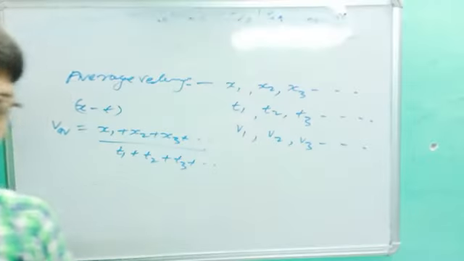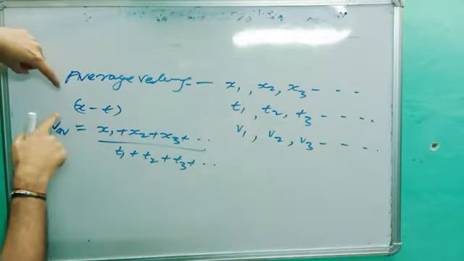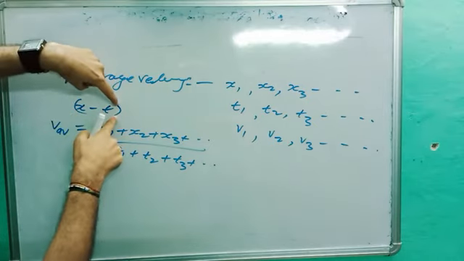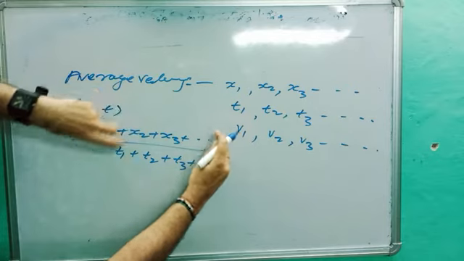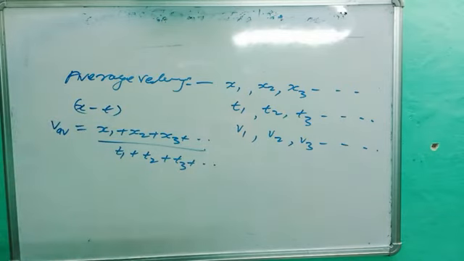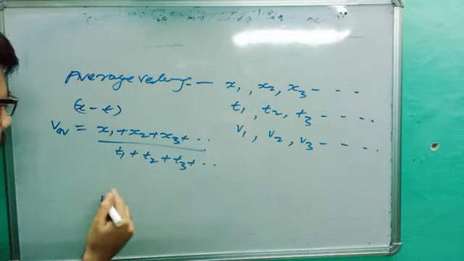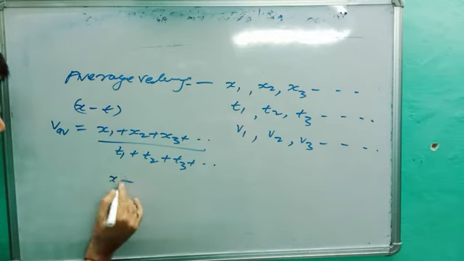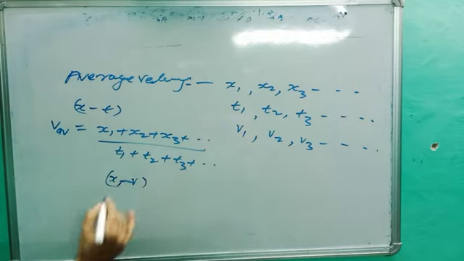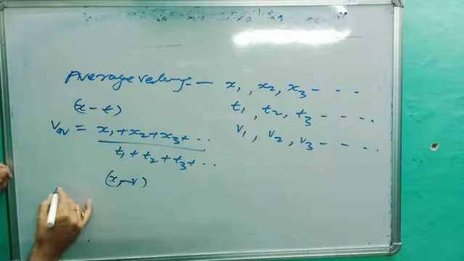Are you getting the point? If in the data only position and time are given, you have to find v average, which is equal to total distance, or total displacement in a specific direction, upon total time. So this will be the formula for this one. Let's suppose in a question t is not given, only x and v are given, and you have to find the average velocity.